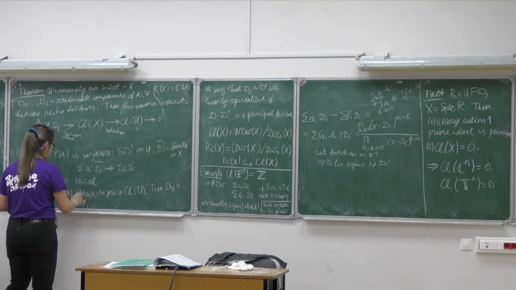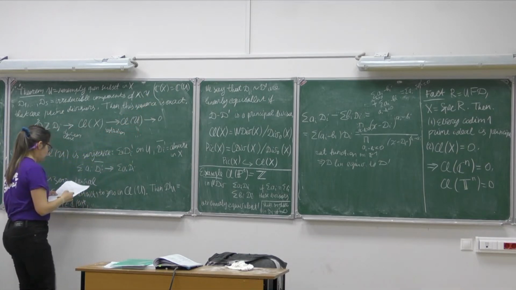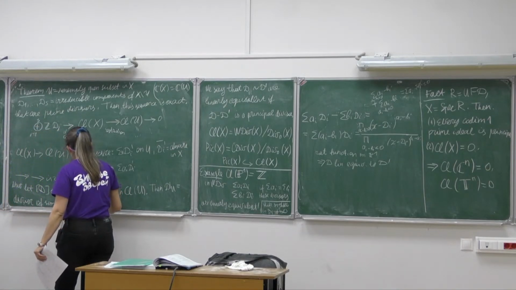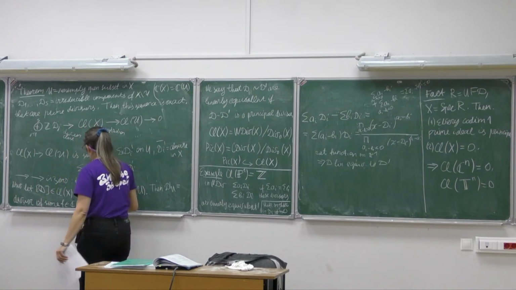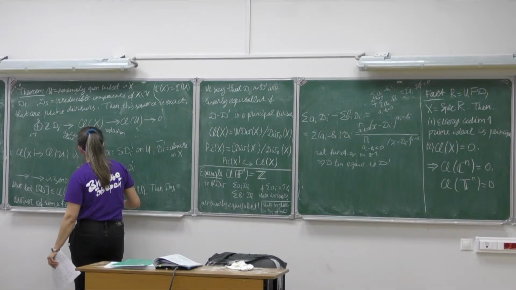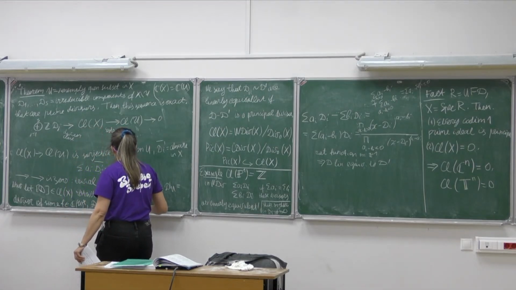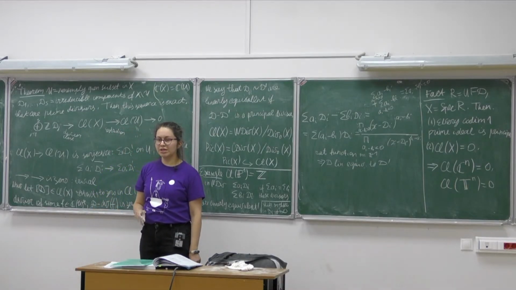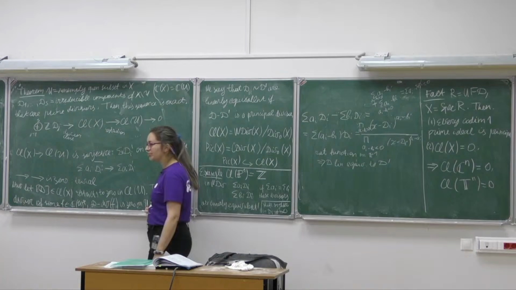But since the rational functions coincide, we get that the divisor D minus the divisor of this function is 0 on U, and it is a general fact that if this divisor is 0 on U, then it is